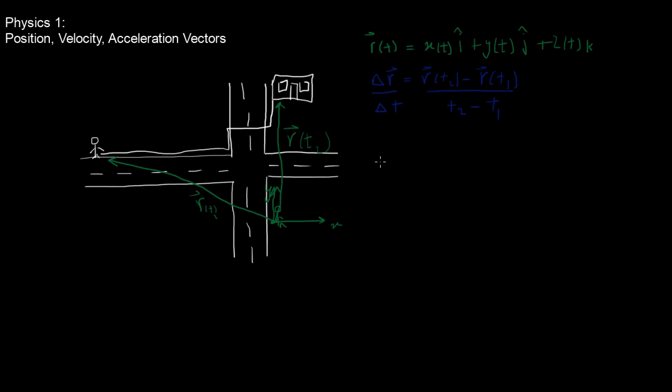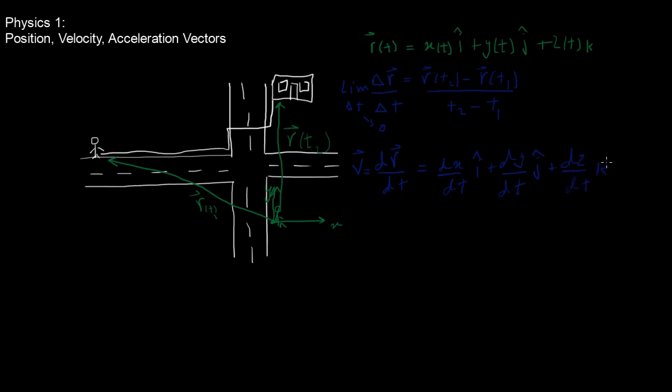Now if delta t goes to 0, if I have limit when delta t goes to 0, then it becomes the definition of time derivative. So dr over dt. This is the velocity vector, which is equal to dx dt i hat plus dy dt j hat plus dz